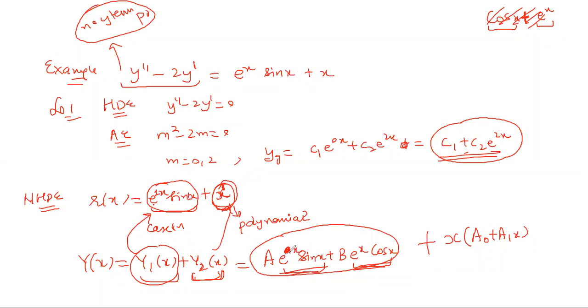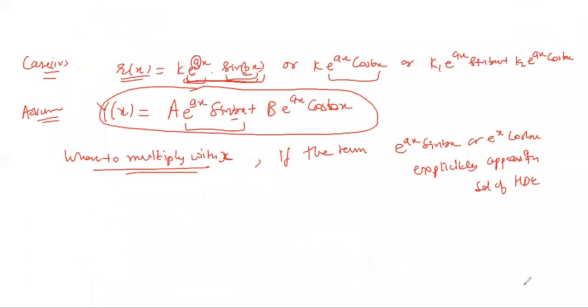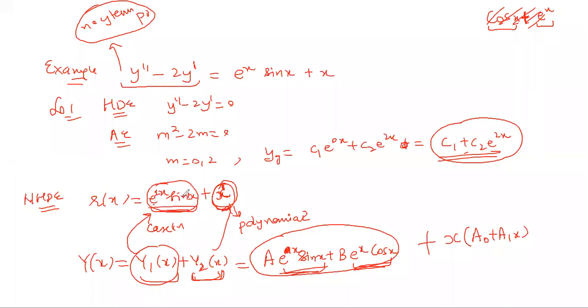You don't have to introduce a, b in the powers or as coefficients. That is written just to tell you theoretically. All you need to remember is that whatever is here, the same type you have to take. Just take the general combination of sine and cosine terms and the coefficients.